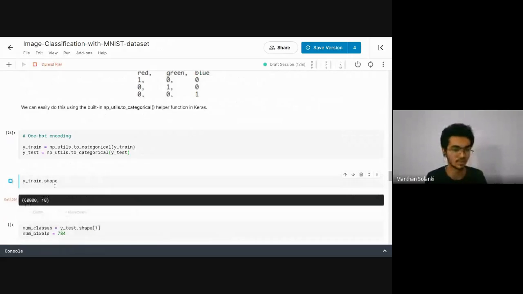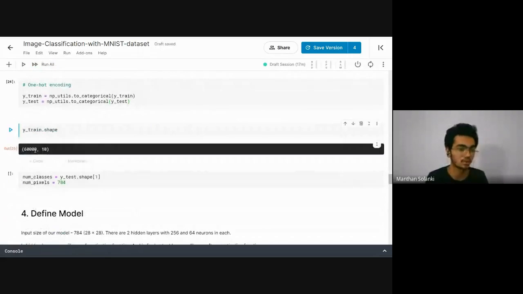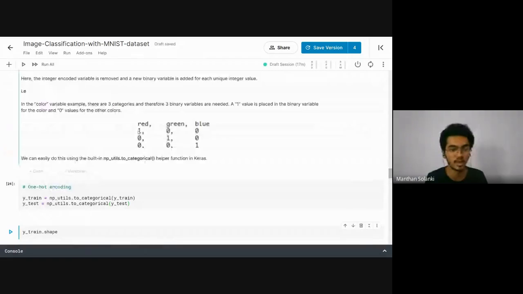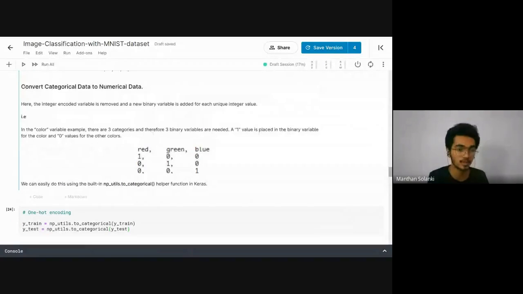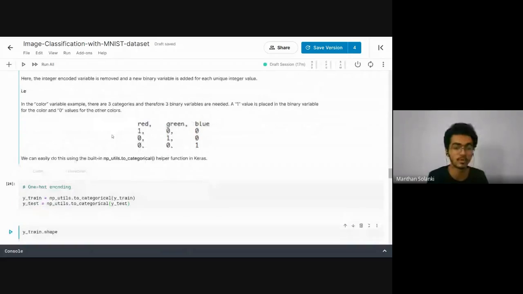So this is 60,000 into 10. For each image we have an array of 10, which is the combination of these numbers. Suppose for 0 we have an array of 10 values, 1 followed by 0s. For 1 we have the array 0, 1 followed by 0s. This way we have converted the categorical data into numerical data. We assign a single binary value for each class.